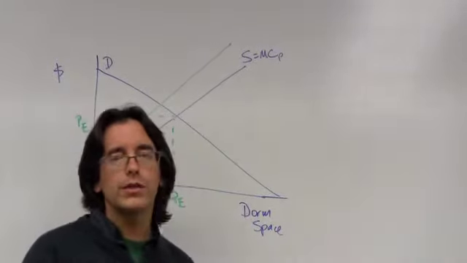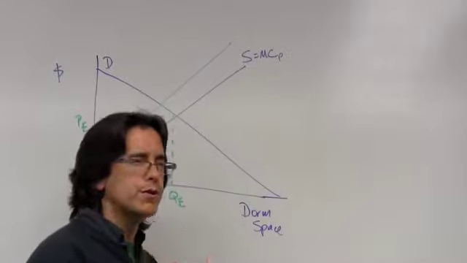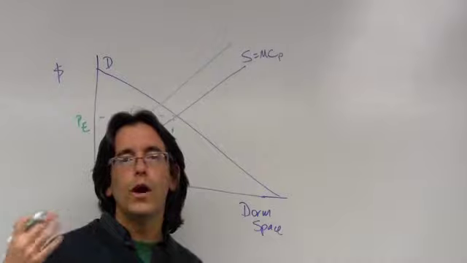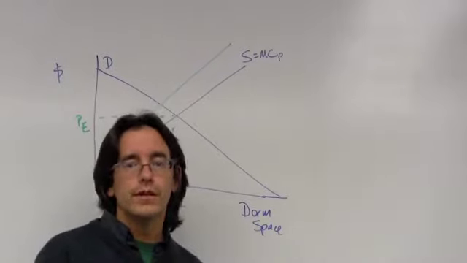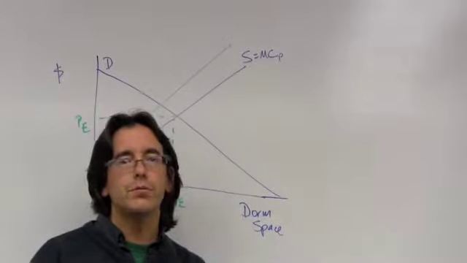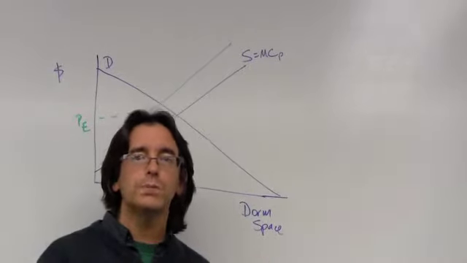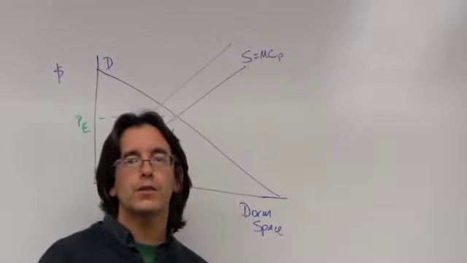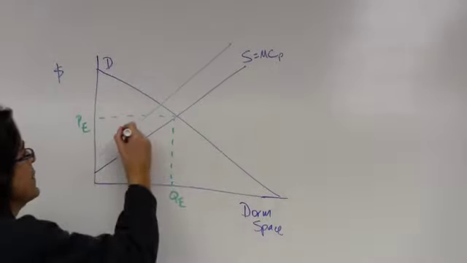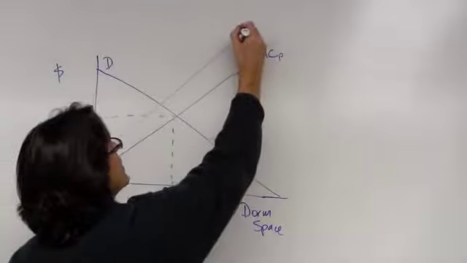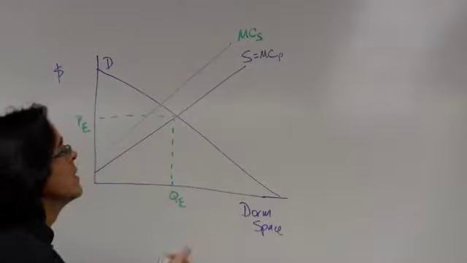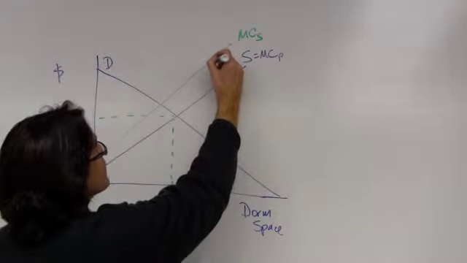If you wanted to monetize those costs, you could say, if they wanted to get the noise level down to what it was before the dorms, they would have to build thicker walls, have double pane windows. They would actually be spending money to get things back to where they were. And so what you would see is the difference between, and we're going to call this the marginal social cost. And the marginal social cost is determined by,